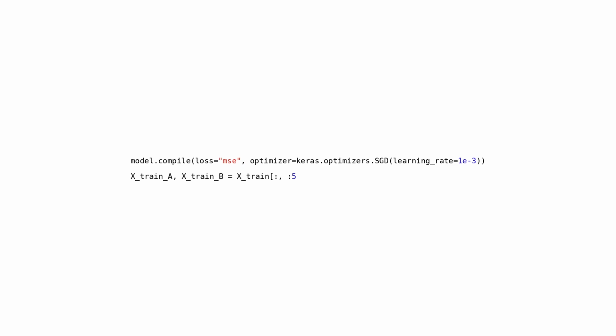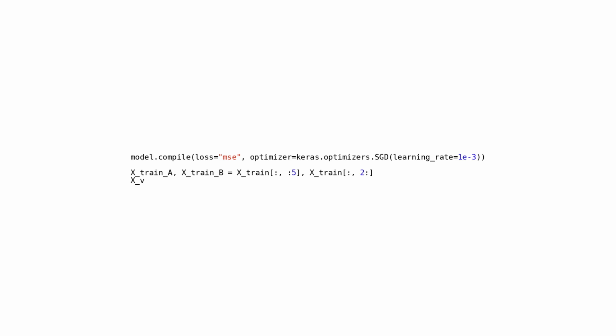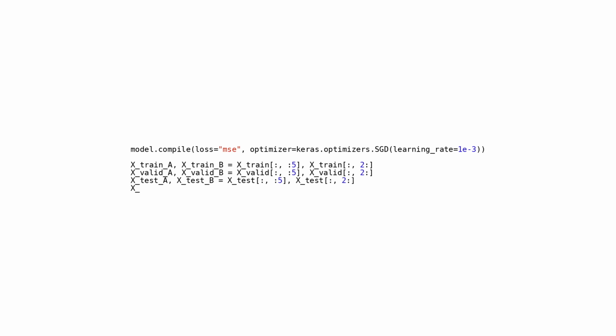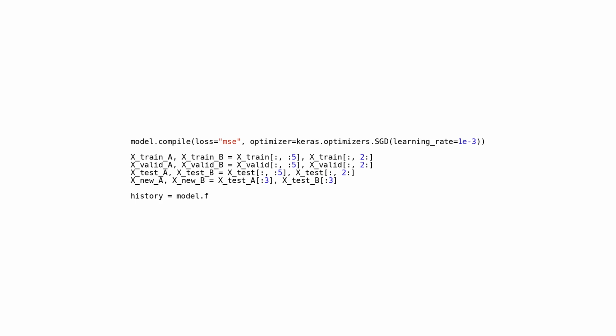This segment involves training a neural network model with two sets of input data. Initially, the model is compiled with mean squared error as the loss function and stochastic gradient descent (SGD) as the optimizer using a specific learning rate. The input data is then divided into x_train_A and x_train_B for training, and similarly for validation and testing. This division allows different parts of the input data to be fed into distinct sections of the neural network for improved feature learning. Subsequently, the model is trained using the fit method by supplying